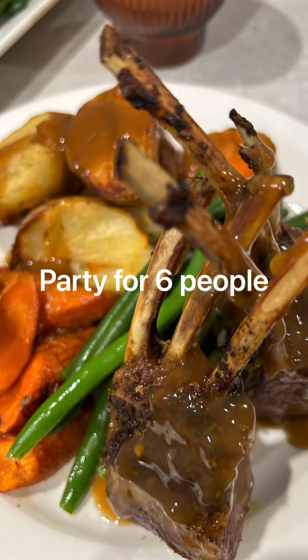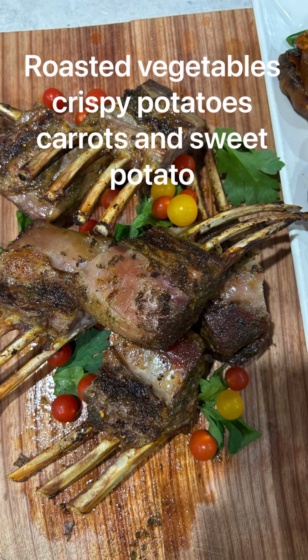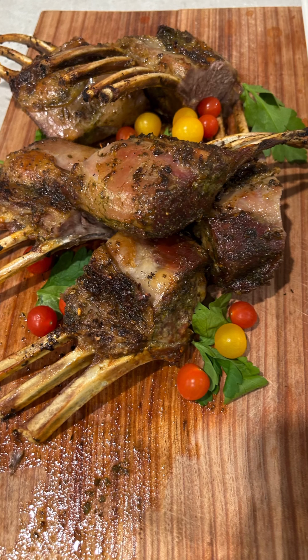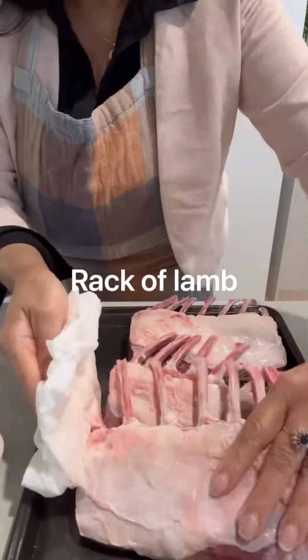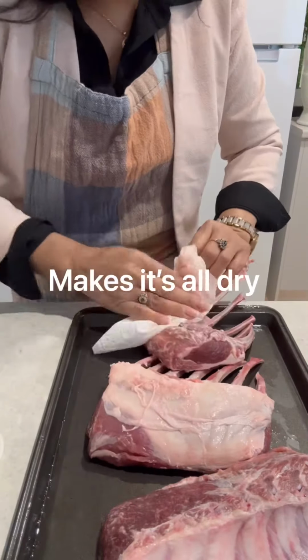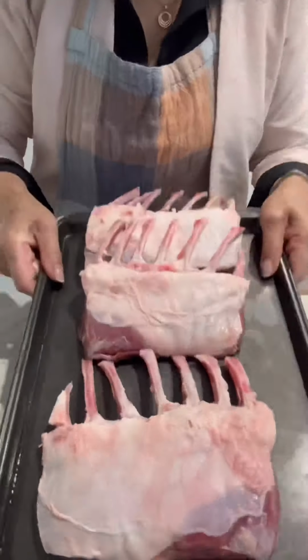Hi everyone, this is my Mediterranean rack of lamb party for 6 people, and this is my display. I also got a roasted vegetable, carrot, sweet potato and beans, and this is how I made my rack of lamb. I'll make sure everything is all washed and pat it dry to perfection,